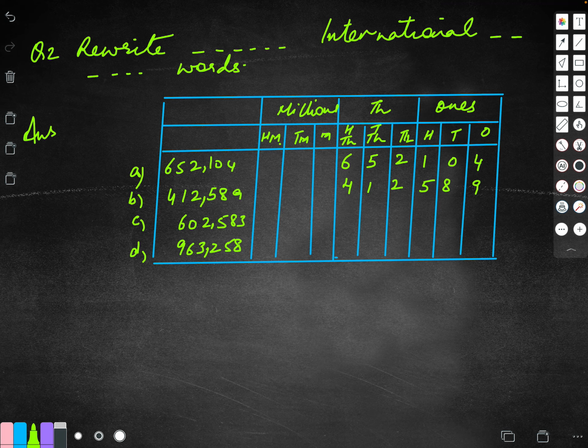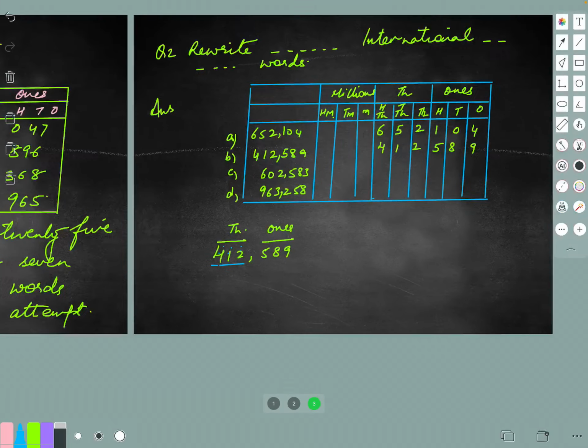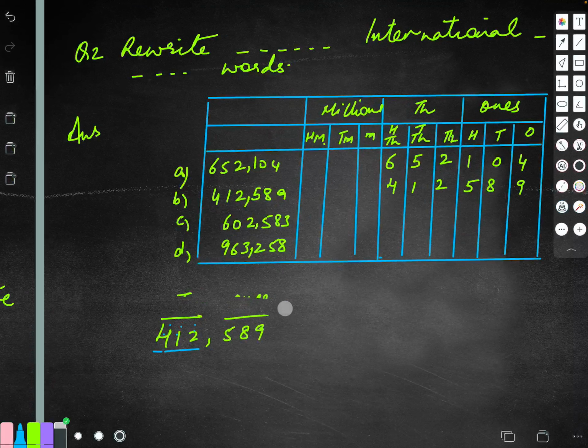Children, let me just explain to you. Now this is the ones period and this is the 1,000 period. Right? This is the ones period, this is the 1,000 period. So here, how do we read it? When I say there are 3 places, it means ones, tens, 100. So how will you read it? You will read it as 412. And after reading it as 412, you put the name of the period over there. So it will be 412 thousands. Got it? So this is the way I am reading it. Clear?